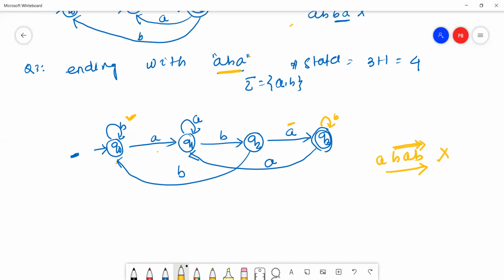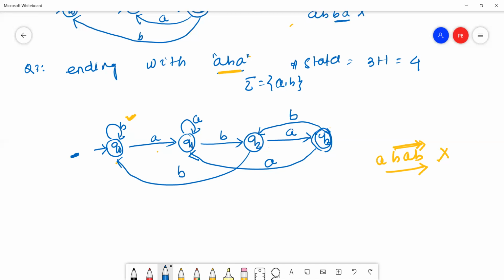So the string is invalid. So B will go back. Now B will go back to the Q2 state.